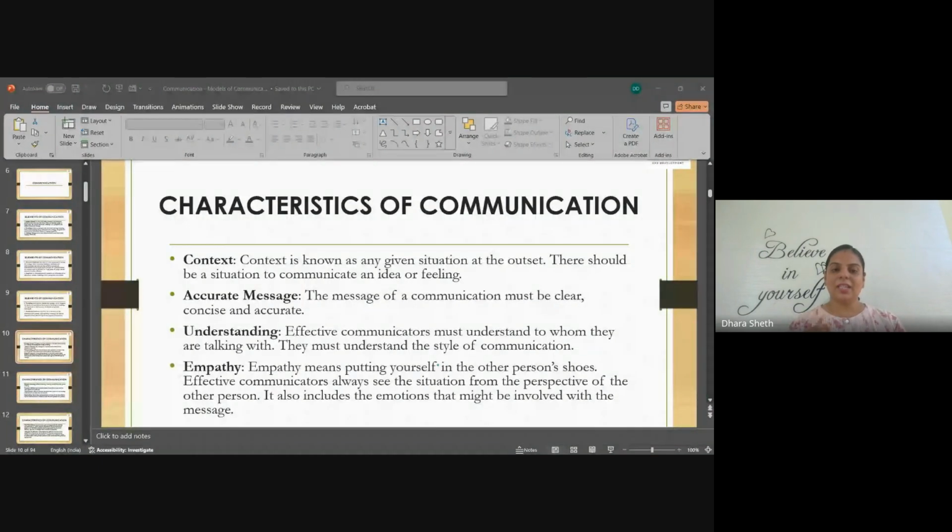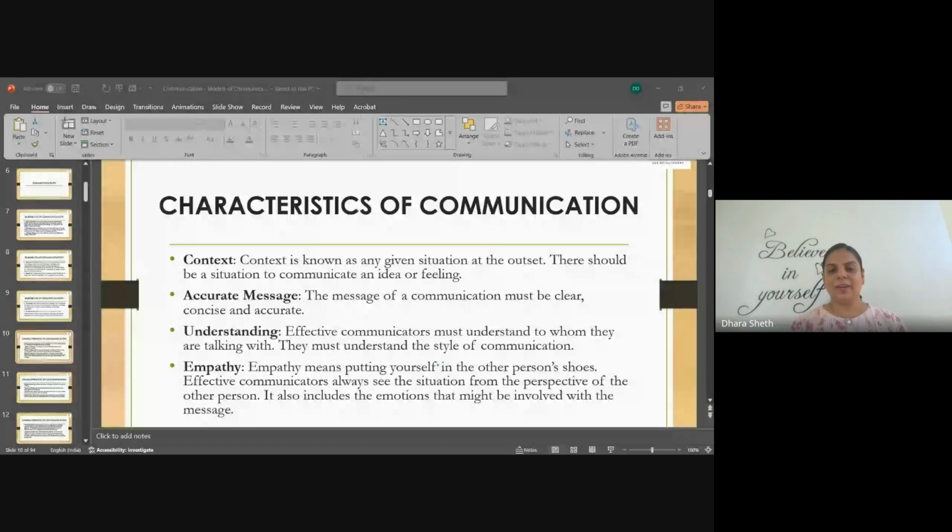So the communicator, the source, has to understand what the receiver wants, and based on their style of communication, the message should be sent. Now consider all of this in the framework of teacher is the source and students are the receiver. Okay, so that is classroom communication. So the teacher has to talk in a way that students are able to understand. Empathy. This is also a question that is asked.